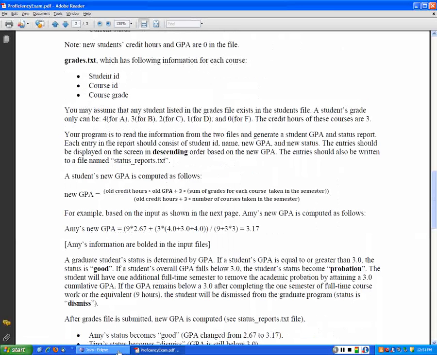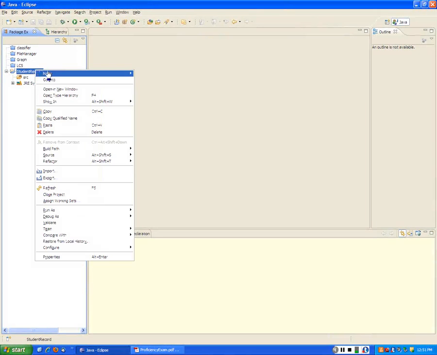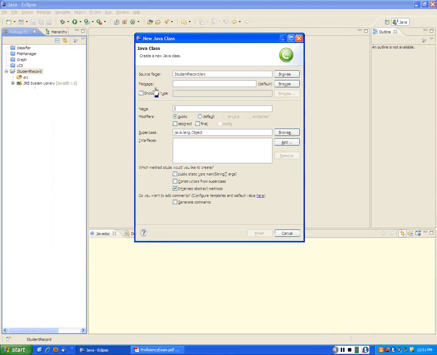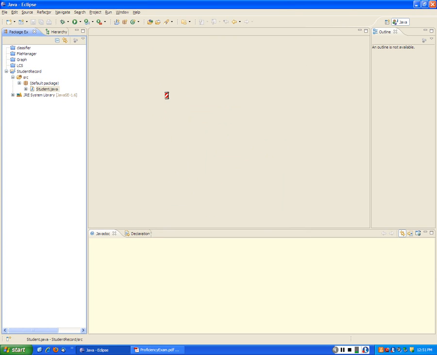So now let's get back to Eclipse and see how we could solve the problem. First one is we need to create a class. That's always what we need to do, we create the entity class. So here I'm going to have student. For this student, I will have 5